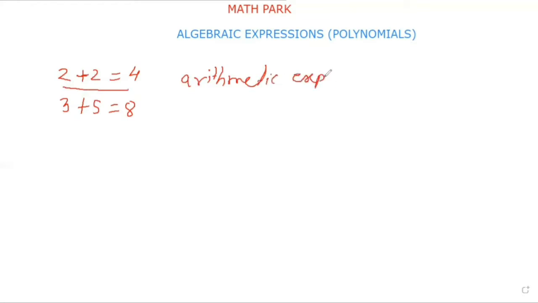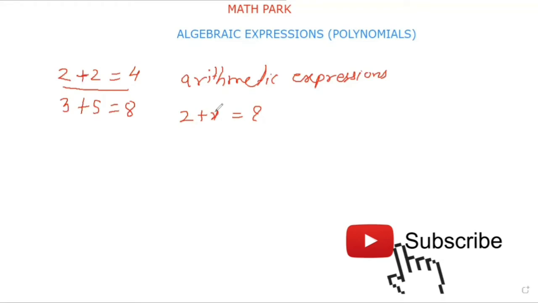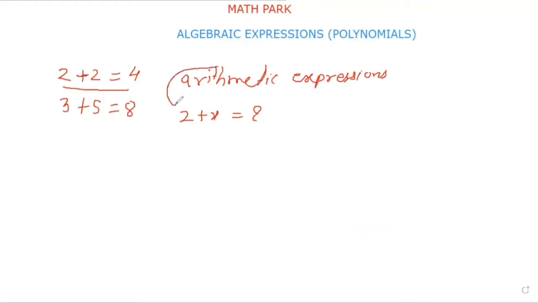Okay. And now if I put here 2 plus x, what is the value of x? Do I get any fixed value here? I don't get any fixed value here unless I know the value of x. So this is called an algebraic expression. 2 plus x becomes an algebraic expression. So algebraic expression in mathematics, we can say that it is the combination of the constants and the variables with the help of the basic mathematical operators, addition, subtraction, multiplication, and division.